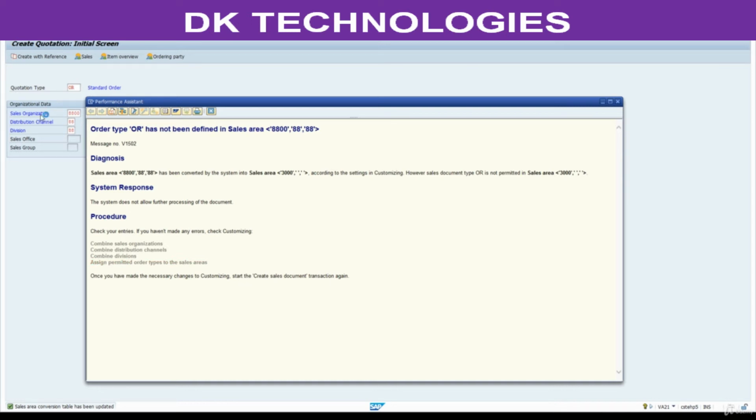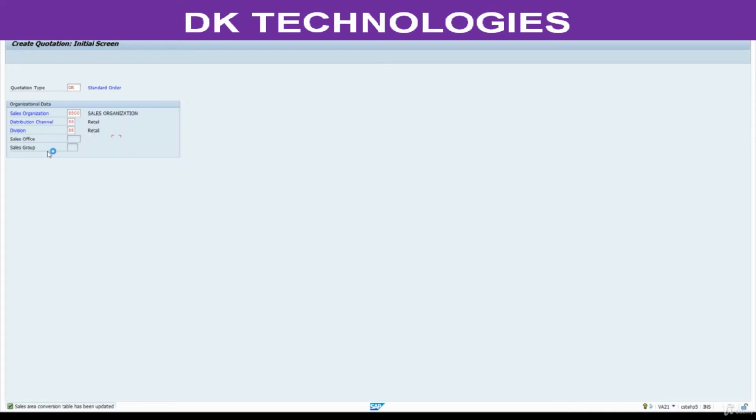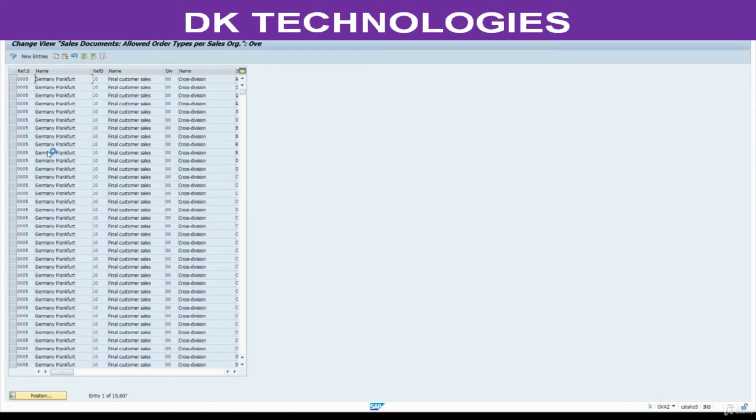Here with the combination of sales organization, distribution channel, division, we are going to assign this order type. Since we did the configuration from scratch in SD, that is the reason we are getting this issue. Click on new entries.